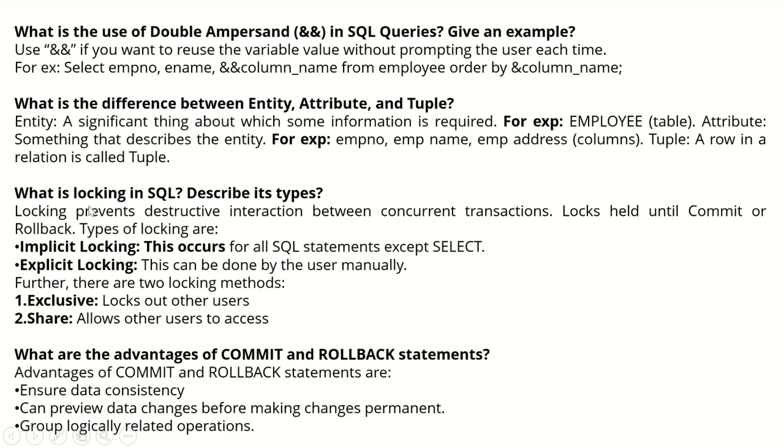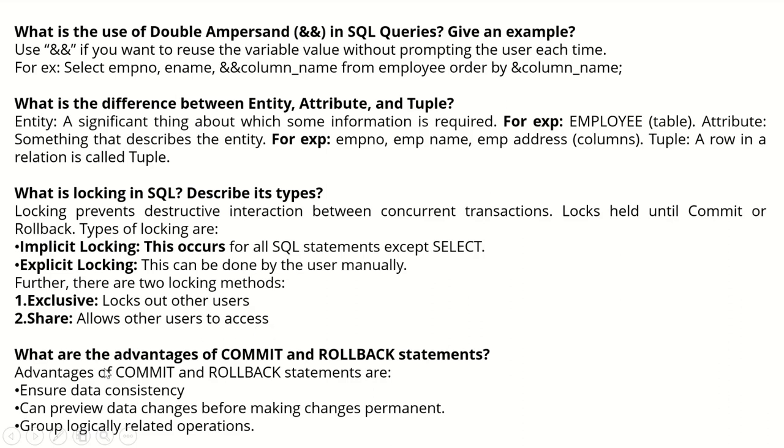So next question, what is locking in SQL? Describe its types. Locking prevents destructive interaction between concurrent transactions. Locks are held until commit or rollback. Types of locking are implicit locking, which occurs for all SQL statements except select, and explicit locking, which can be done by the user manually. Further, there are two locking methods: exclusive, that is lock out other users, and share, allow other users to